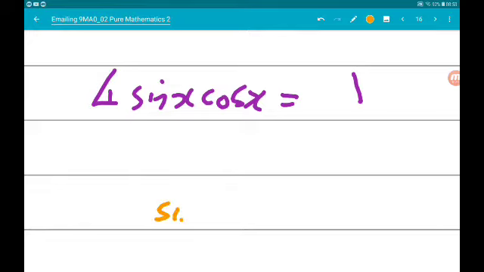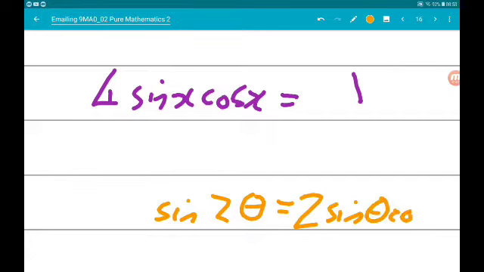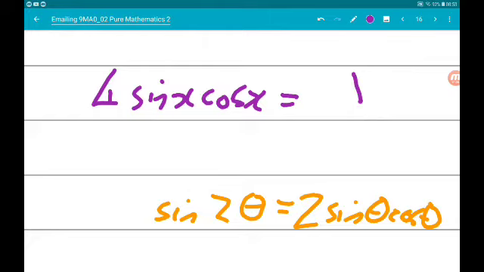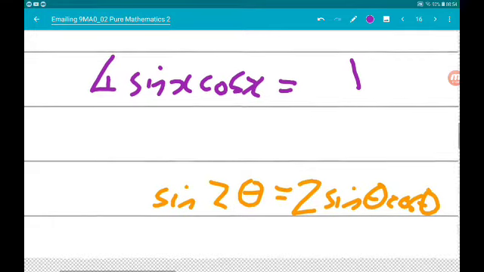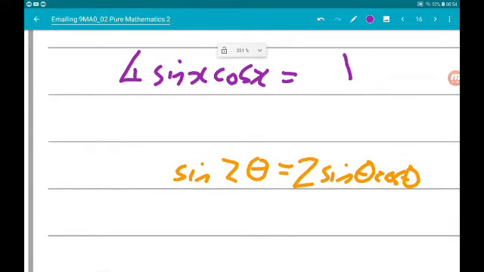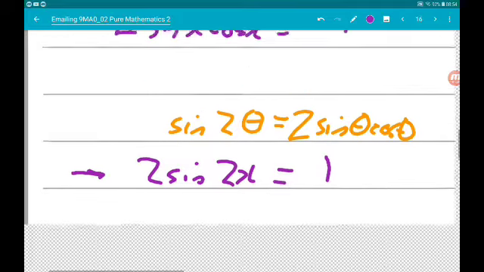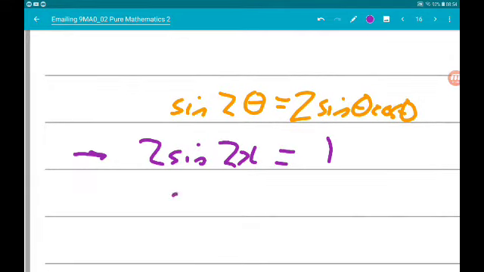Sine of 2 theta is equal to 2 sine theta cos theta. Now, here we have 4 sine x cos x. So that's going to be 2 sine of 2x. So 2 sine of 2x is equal to 1, divided by 2, sine of 2x is equal to